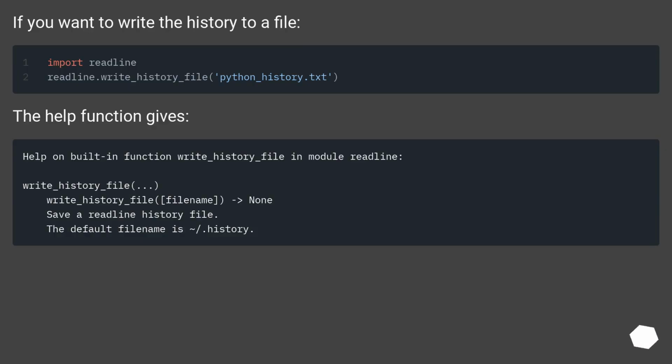If you want to write the history to a file, the help function gives